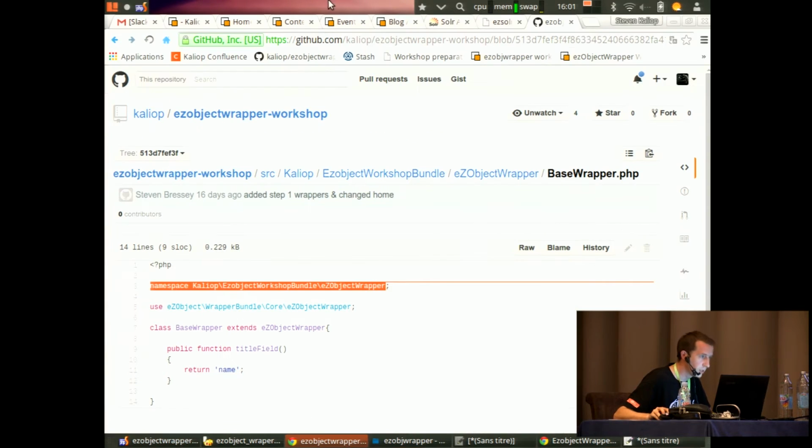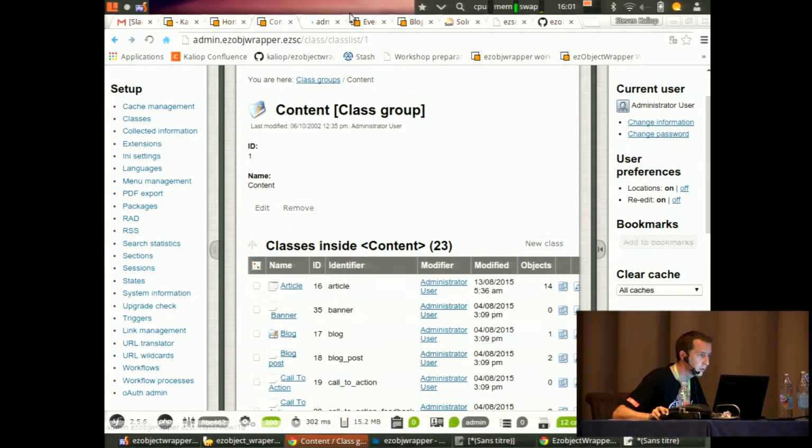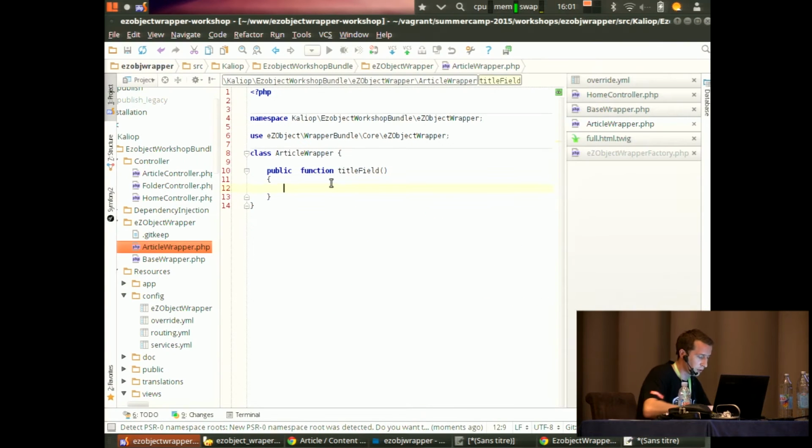And as you can see in the back office, so this is event. For article, the title field is called title. So you will return the title. Okay. Once you have created these two classes, you need to configure